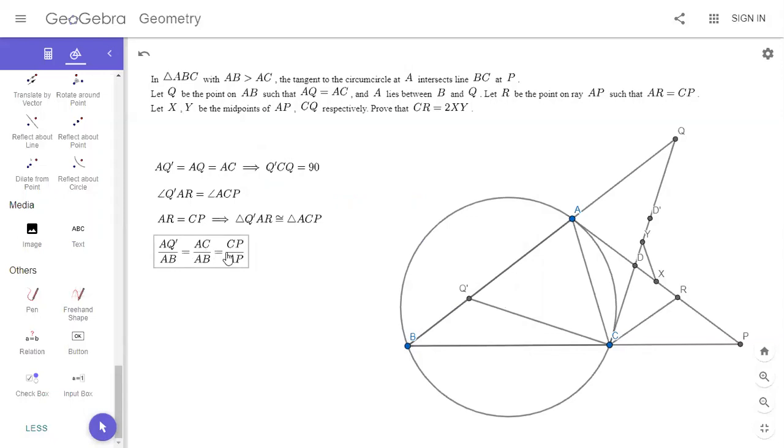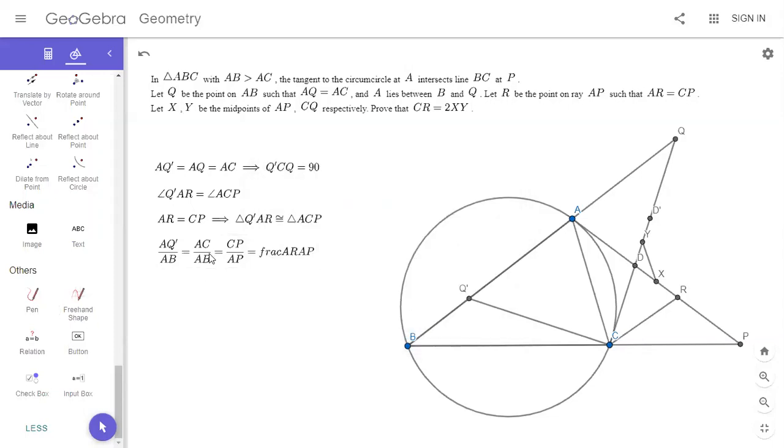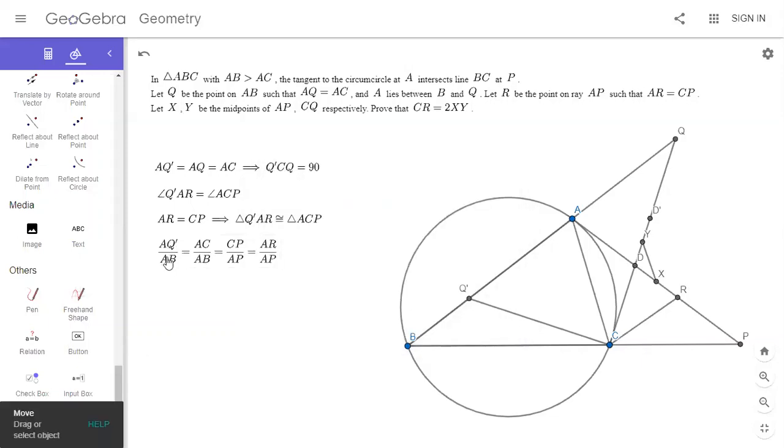So that's by similar triangles. So I'm gonna write this out more fully, but CP over AP is equal to AR over AP. Okay. So this is kind of what Timo was saying. All right, so